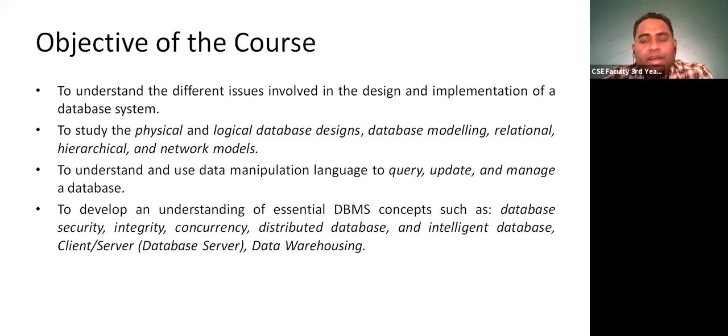Now there is a data definition language, there is a data manipulation language, there is a data control language, and all these things you are going to implement with the help of SQL. SQL stands for Structured Query Language. So whether it's creating a database or creating a table, or specifying integrity constraints, now what is an integrity constraint? I'll explain all of it. All these things you will be learning in this course.